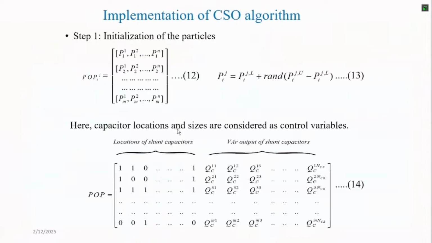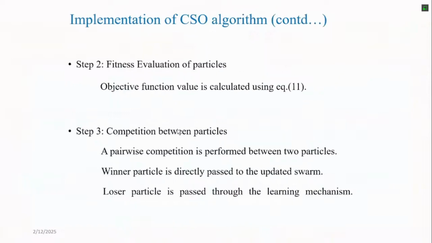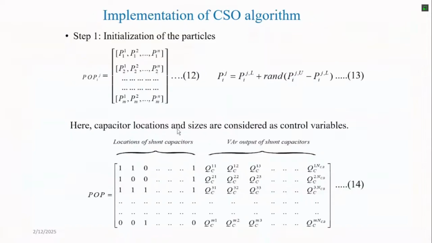Actually, what happened over there? We put a certain capacitor bank on a certain node, we go for the distribution system load flow, and we calculate whatever the power loss is over there. This power loss comes from the equation, and we will store it in a matrix. Similarly, for the second population, we will calculate and save this data, or if I write it as a fitness function, we will save this data in the fitness function.